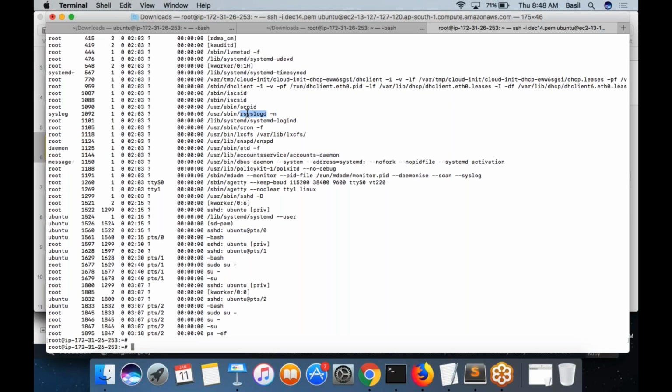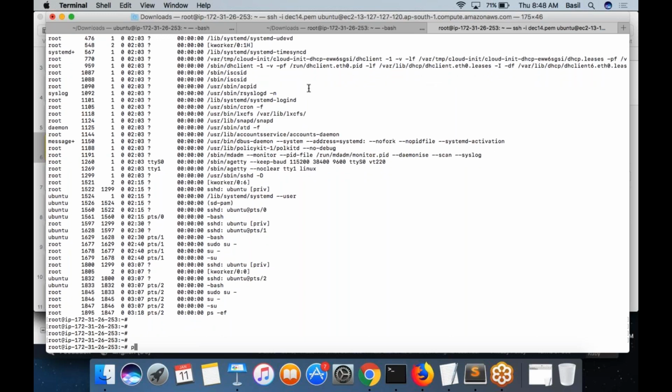So what I want to do is write a script. The script will check if this process is running. If the process is not running, I want to start it. Just as simple as that. Either we can run the ps -ef command to find out whether the process is running. If you find the process in the list, it means the process is running. rsyslogd is running. If you don't see it in the ps -ef output, it means rsyslogd is not running. Maybe rather than ps -ef, a better command would be pgrep. There is a command called pgrep that you can use to check whether a given process is running or not.